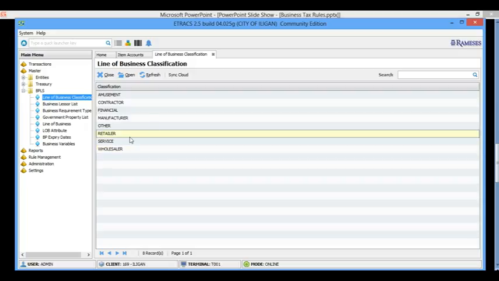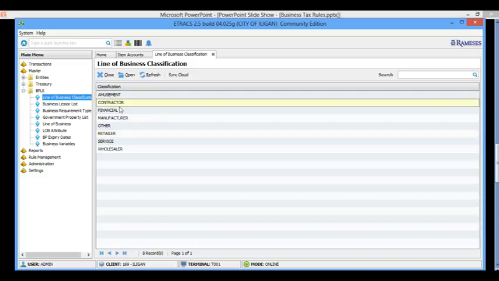Okay. Now for retailer, normally retailers are small sari-sari stores or ones buying and selling stuff in small retail amounts. So those are retailers. And then we have the contractor.